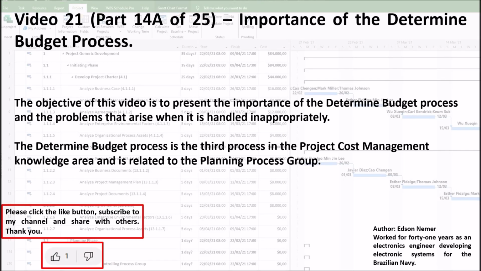Video 21, Part 14A of 25, Importance of the Determined Budget Process. The objective of this video is to present the importance of the determined budget process and the problems that arise when it is handled inappropriately. The determined budget process is the third process in the project cost management knowledge area and is related to the